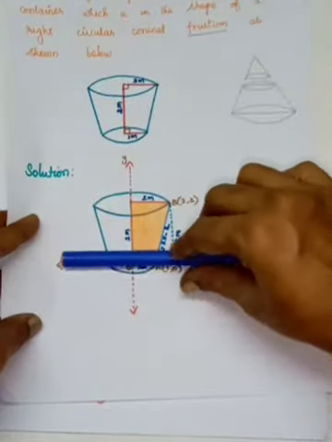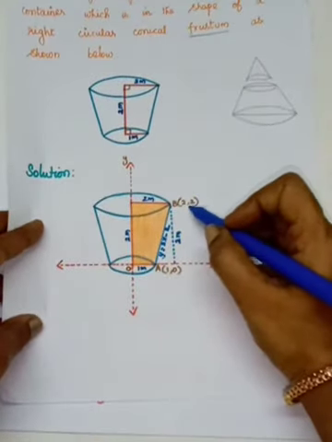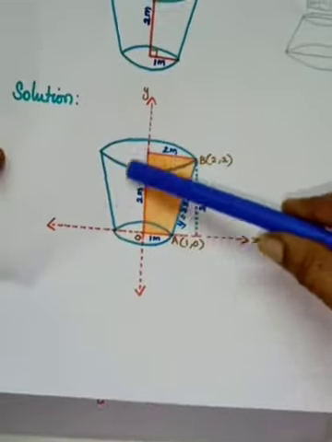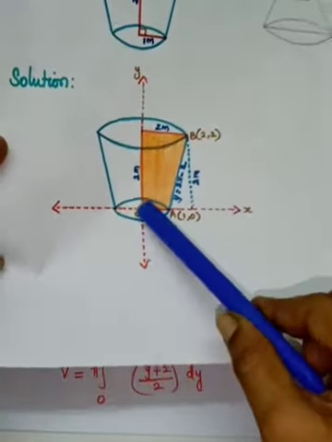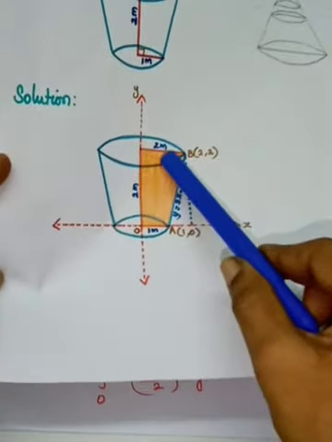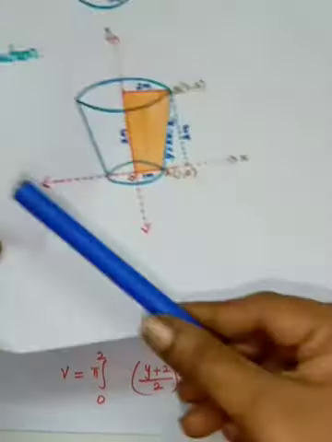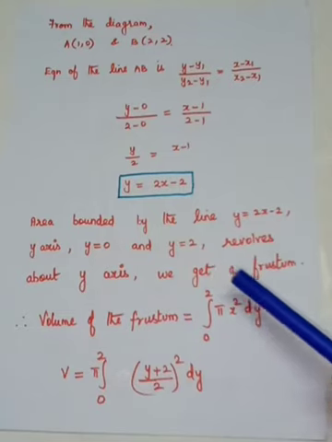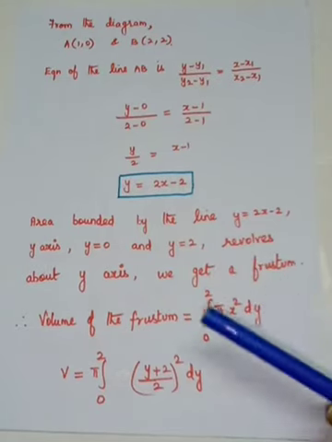So y is equal to 0 and y is equal to 2, because this point is (2, 2), so here y is 2. So the area bounded by the line, the y axis, y equals 0 and y equals 2 is revolved about the Y axis. We get a container in the shape of a frustum, and you are going to find